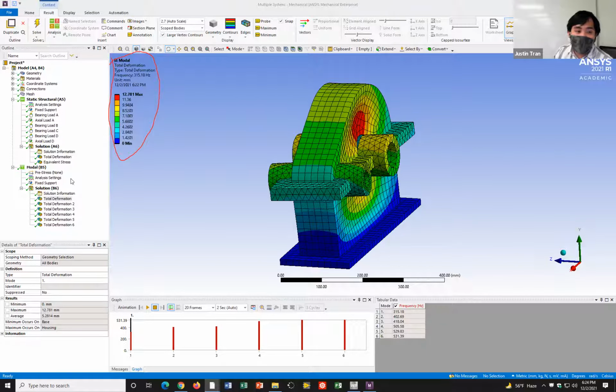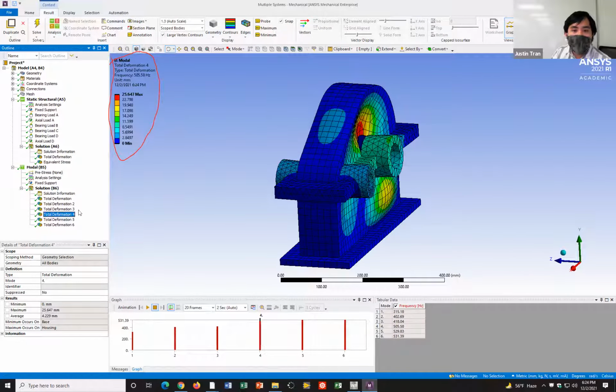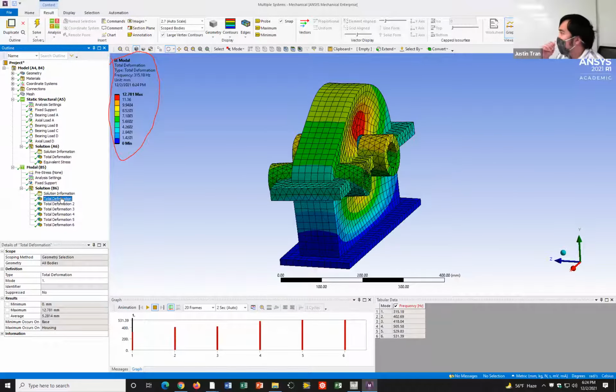So be careful when you're viewing the mode shapes. These results are only here to show you what the shape looks like, but the actual values of the deformation don't have any meaning at all. For this class, we're not going to do anything with that, but if you end up using this for one of your projects, or if you go out in industry, don't take these mode shape results at their word.